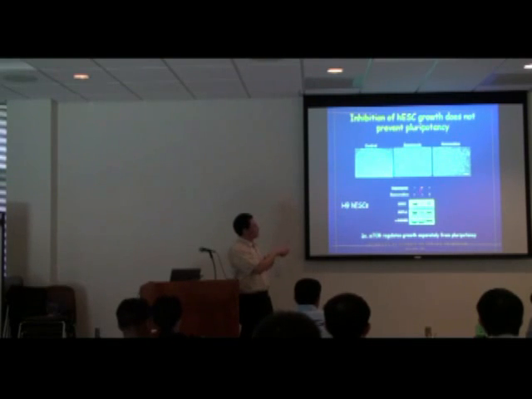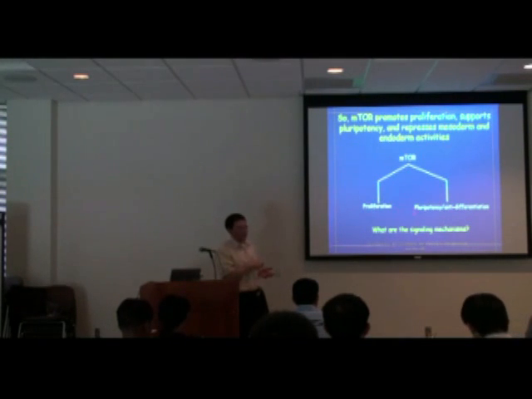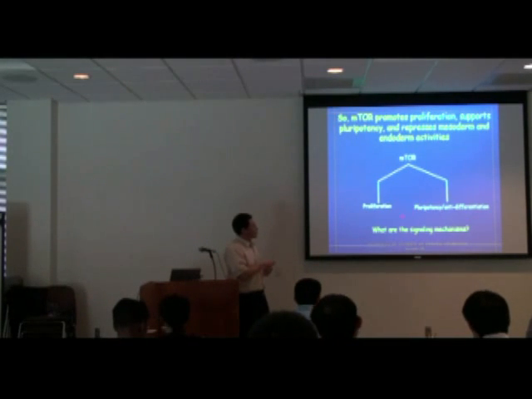It's only when you treat the cells with rapamycin that you see a reduction in pluripotency. So what does this tell you? It's a very simple calculation. Our inference from this study is that mTOR is important for two aspects of long-term cell growth. Number one, mTOR is important for proliferation. When you take it away, cells don't grow as rapidly as they should. And also it's important for anti-differentiation, for suppressing mesoendoderm activities. These are two separate responses, and that really is the inference of the study, because they have nothing to do with each other, right? So mTOR is important for both.